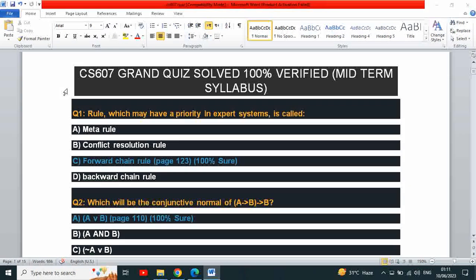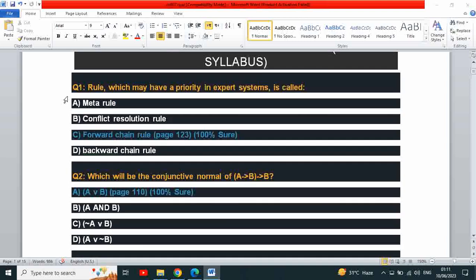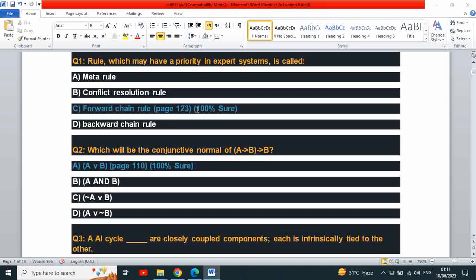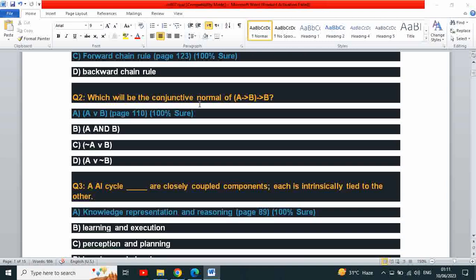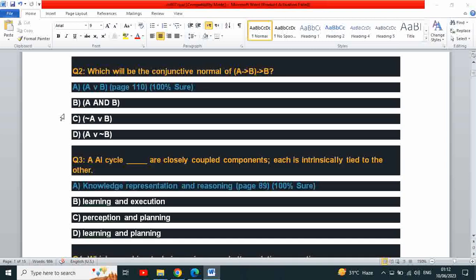ग्रैंड क्विज और मिड टर्म में आने वाले क्विज़ेस आपके साथ शेयर करेंगे। चलें स्टार्ट करते हैं। सबसे पहले क्वेश्चन है, रूल विच हैव अ प्रायोरिटी इन एक्सपर्ट सिस्टम इज कॉल्ड फॉरवर्ड चेन रूल। ये आगे पेज नंबर है जिसे आप वेरीफाई कर सकते हैं। विच विल बी द कंजक्टिव नॉर्मल ऑफ ए ग्रेटर देन बी, ग्रेटर देन बी। इट इज ए यूनियन बी। दिस इज द आंसर।